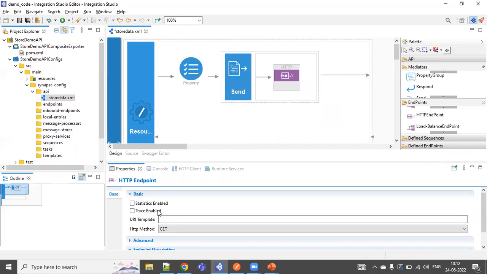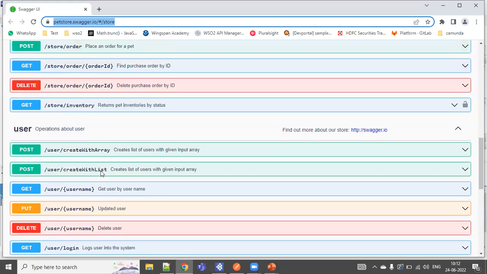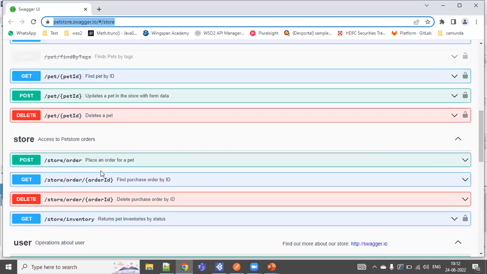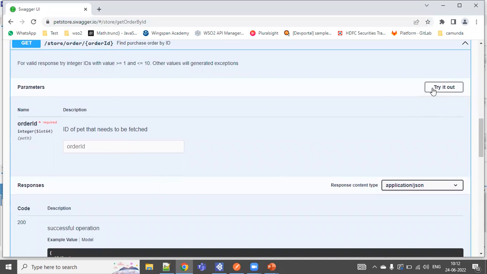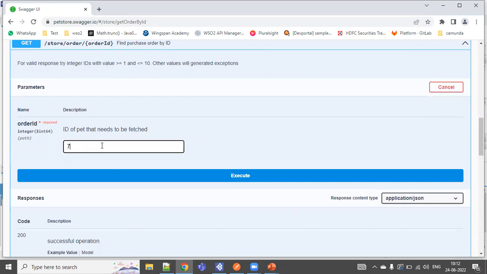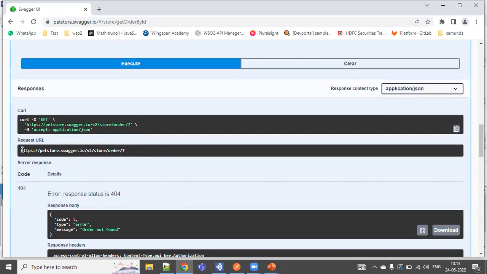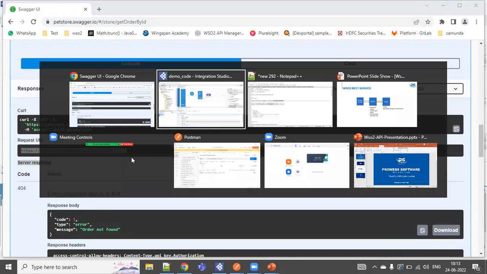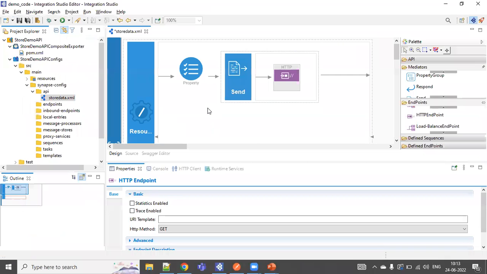Send is used for sending the request to the backend system, and I will be using the HTTP endpoint. For the URI template, I will be using the Swagger definition, where if you see here, we will be having Swagger. We are going to use order, right? This is where we will be triggering. This will be the request. So I'm using the request like this for our sequence, and we are already storing the order ID from the